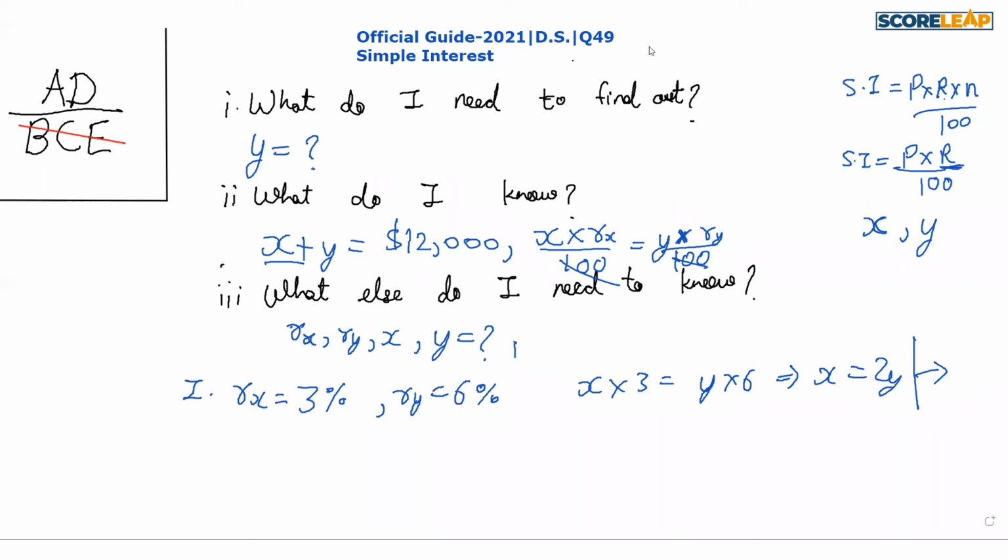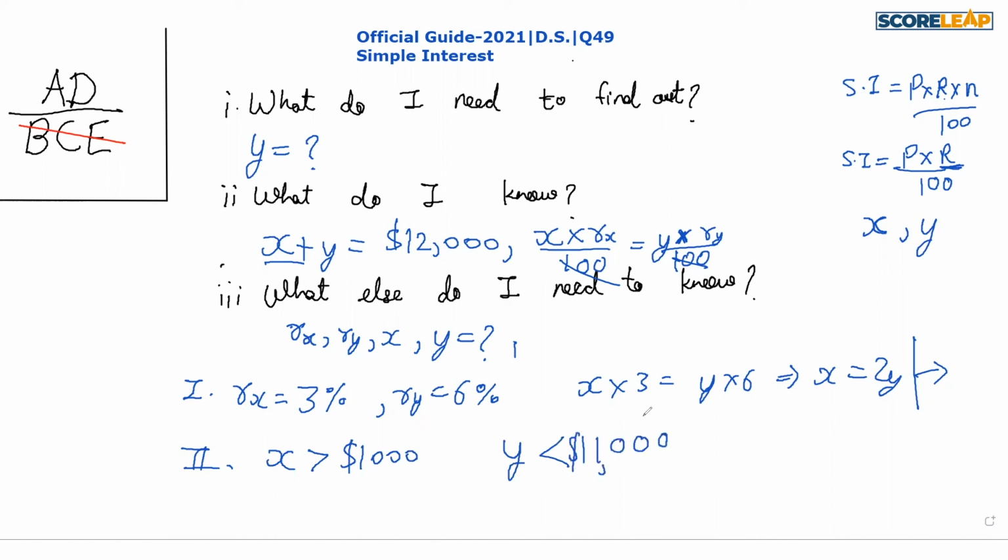Let us check whether statement 2 is sufficient or not. Statement 2 says that Robin invested more than $1,000 in investment X. Okay, so they have not given that Robin invested $1,000 more in investment X than in Y. If they had given that, then our answer would have been 6,500 in X and 5,500 in Y. That was simple. But they have given that X is greater than $1,000. So it can be any value more than 1,000, up to 12,000. Any value. So Y is any value less than 11,000.